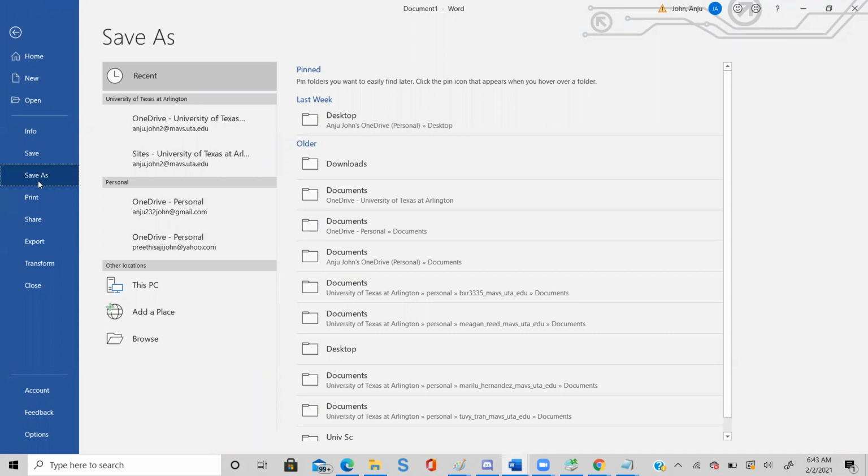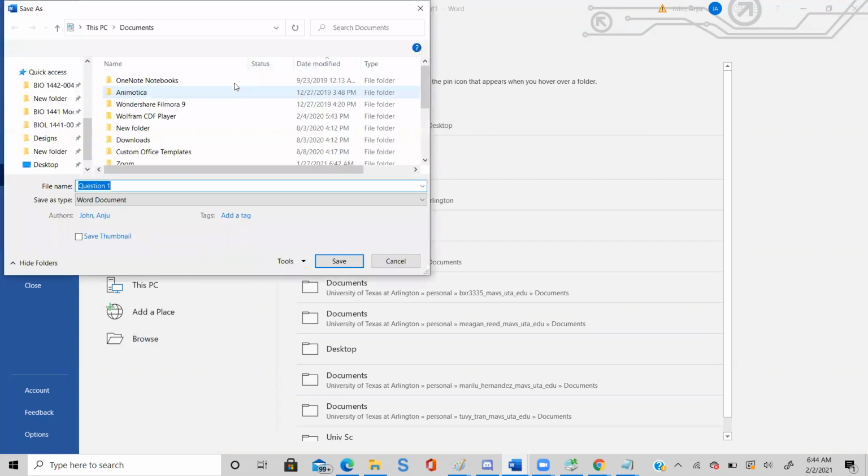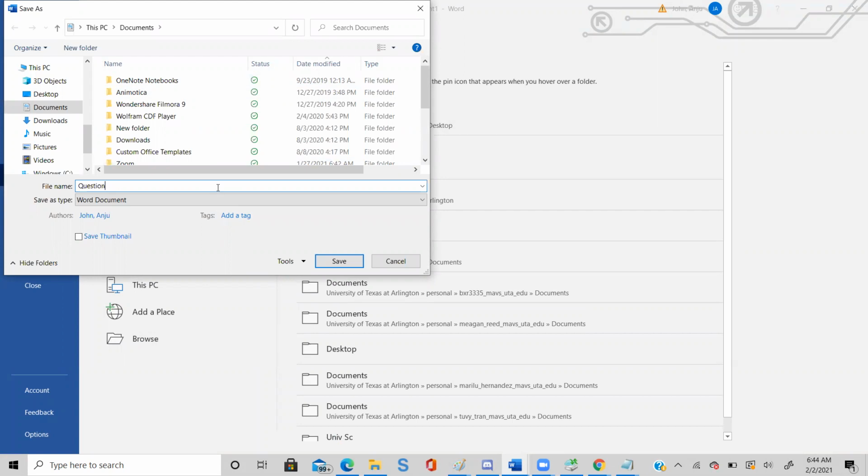Then we'll save it on the desktop. Then you can click browse. Save wherever you want. Give it a name, project question.